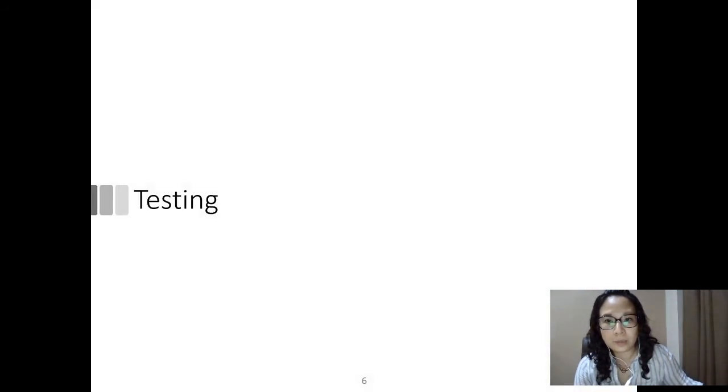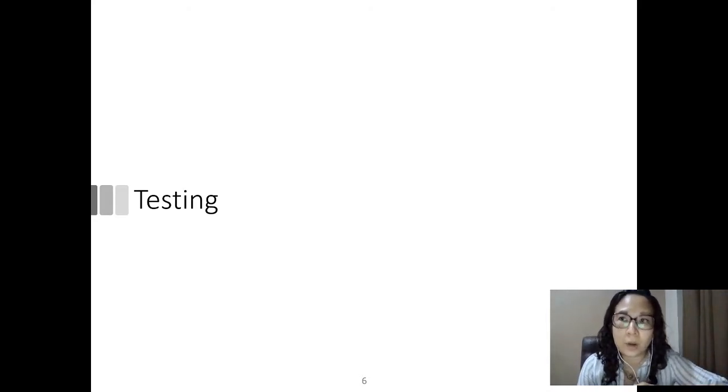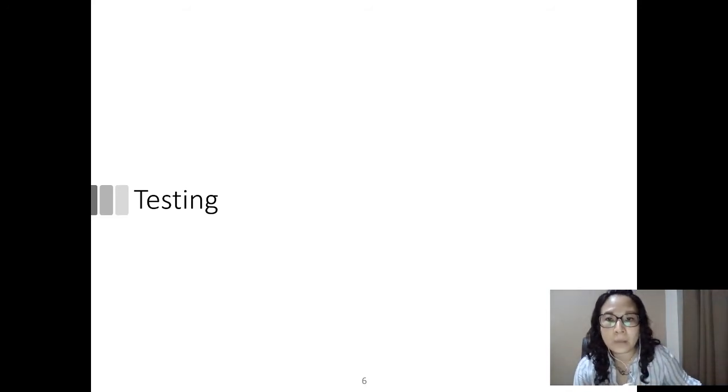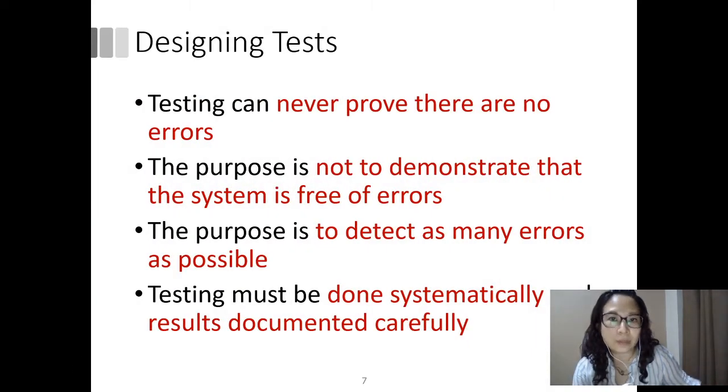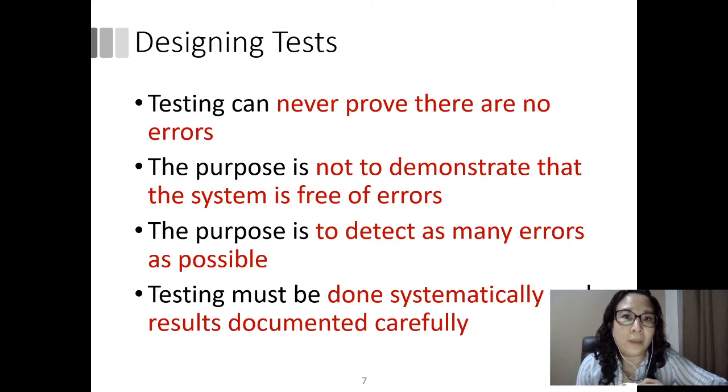And then the next step is testing. After the program is done, or after the configuration is done, we go to the testing phase. Testing will never be able to prove that there are no errors, because the software is created by a human, so it might always have an error. But by doing the testing, we are trying to detect as many errors as possible, so we can handle those errors